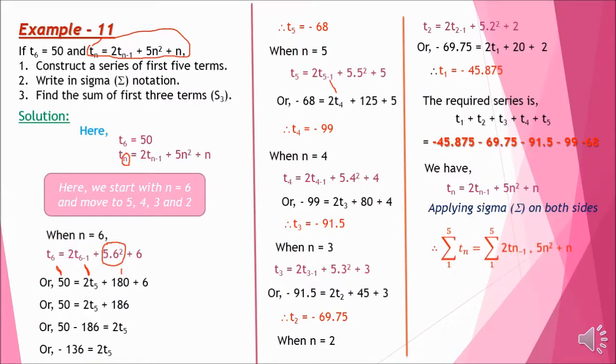Now the sum of the first 3 terms, s3, is equal to t1 plus t2 plus t3. If we add all these terms, the value will be, first term 45.875, second term t2 minus 69.75, and another value minus 91.5. Now on addition, or we can